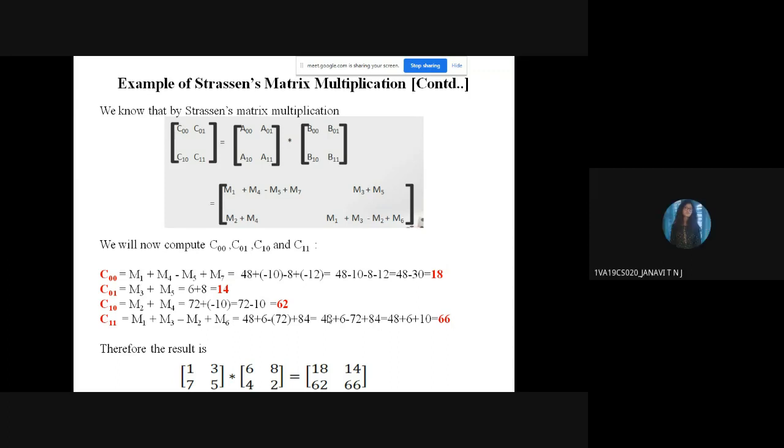Ma'am, use the normal multiplication method. Normal multiplication method. Okay. Why? Because many students end up in two kinds of situations. They will do all those things, but somewhere they go wrong. They write the same answer here, wherein you can easily verify. You can verify here: 1 into 6 is 6, 6 plus 4 into 3 is 12, 12 plus 6 is 18. Yes, my answer is correct, right?